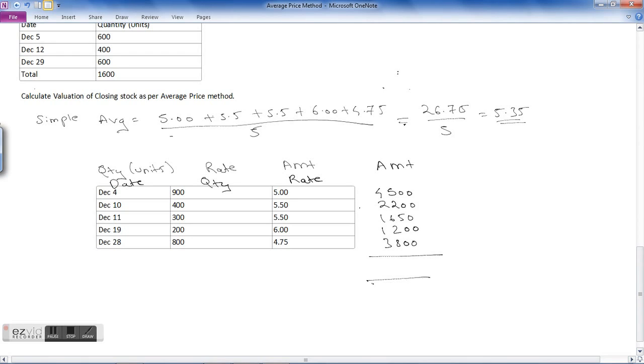So the total of this comes to 13350. And what is the total of this? It comes to 2600 quantity, right? So the weighted average is 13350 divided by 2600,